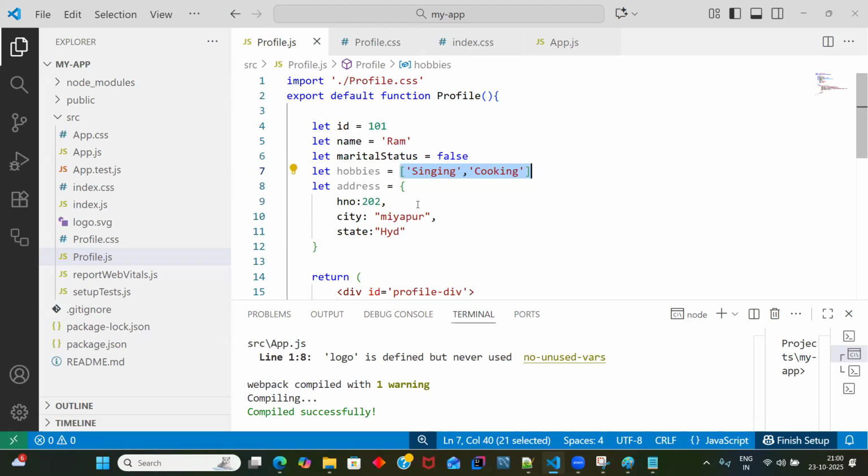If you have 100 elements, either you can use a for loop or you can use